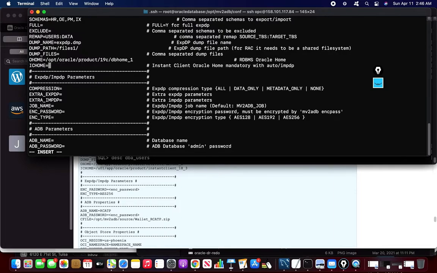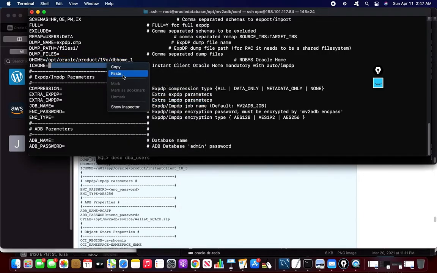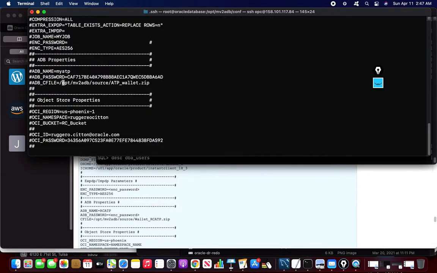Since I'm using my Oracle home as my IC home, I have not separately installed any IC home, because if you install the IC home, you have to have the client, SQL client, everything. Sometimes this MV2ADB is installed on separate servers, that's why maybe this IC home is required. But for me, the Oracle host server and the MV2ADB server are the same, so I'll be using the same as well. Okay,